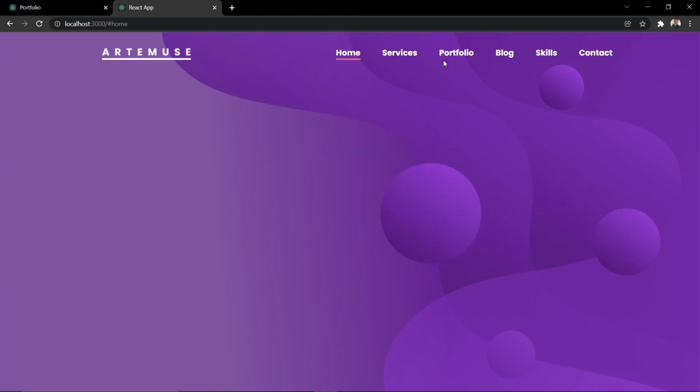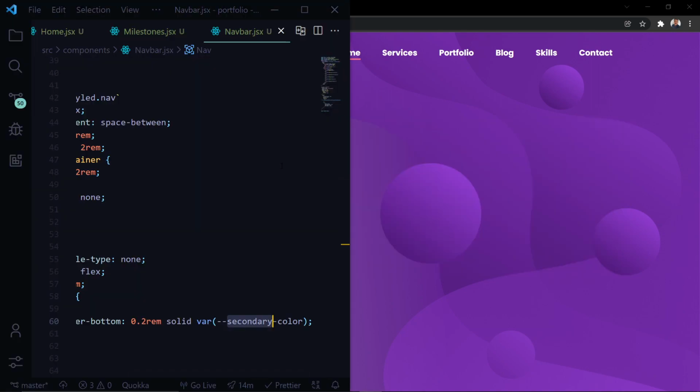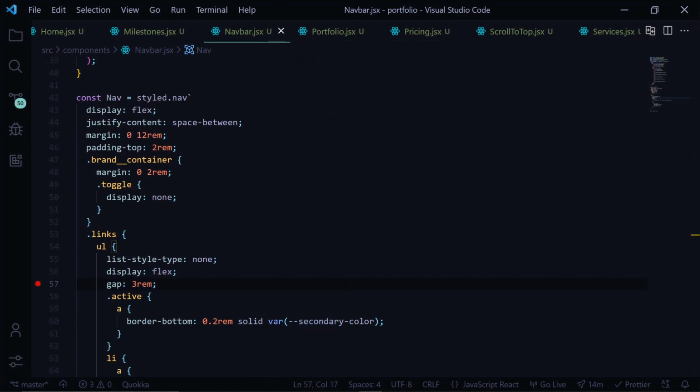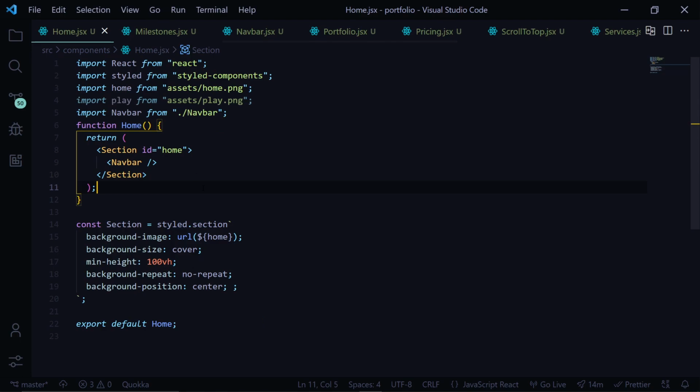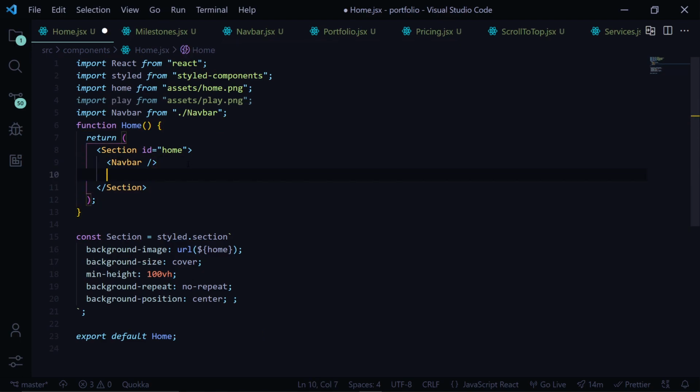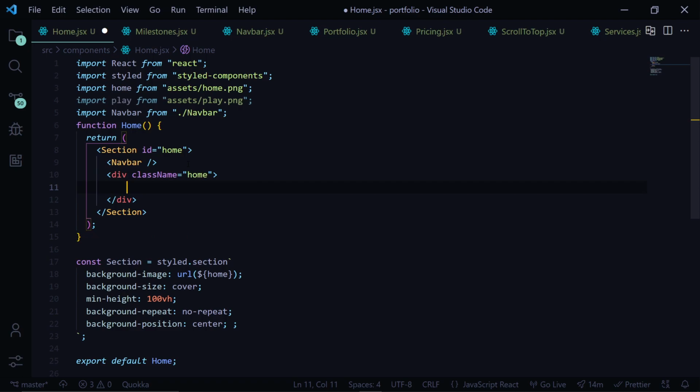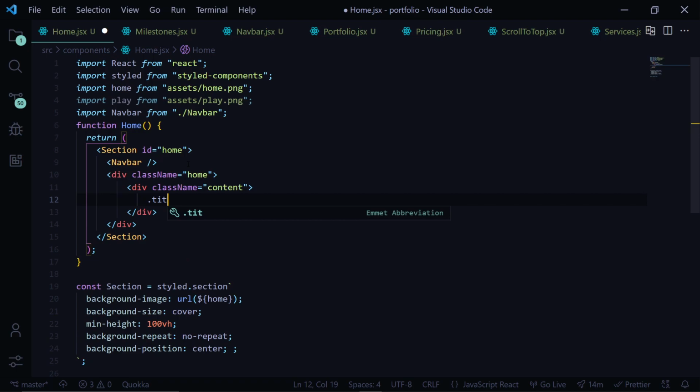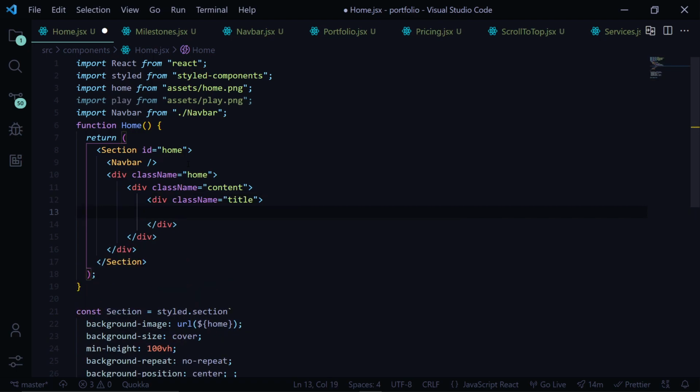Yeah, so our navbar is complete. Now we'll design the home section. So now let's head over to the home.jsx. So after this we are gonna have a div with a class name of home. Then we have a content div inside that. Inside that we have a div with a class name of title. We gonna write h1 with